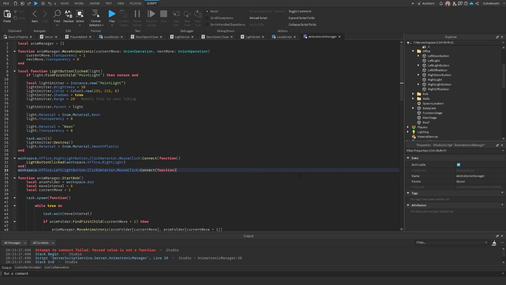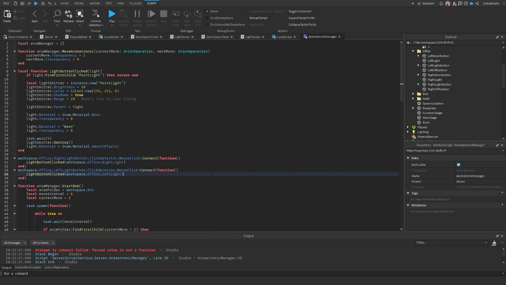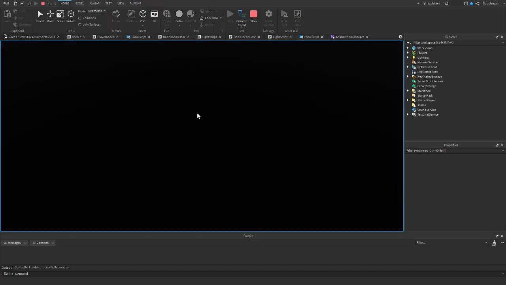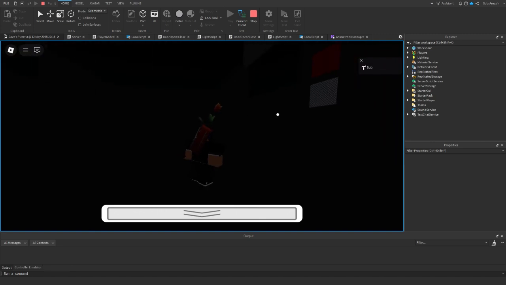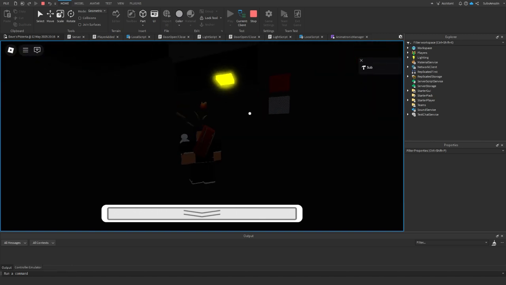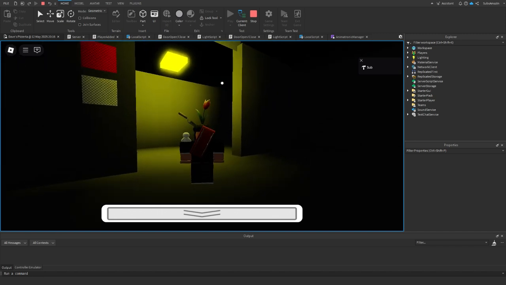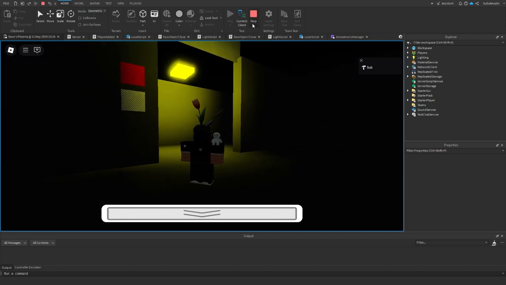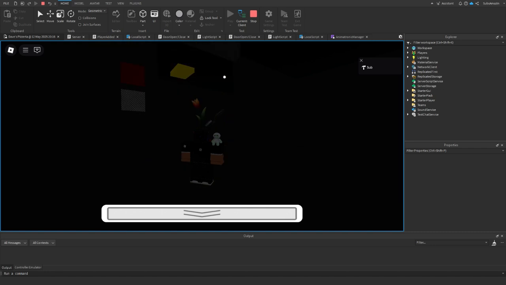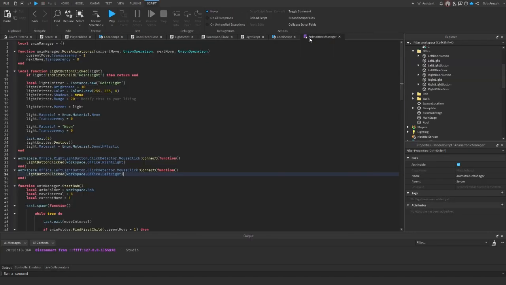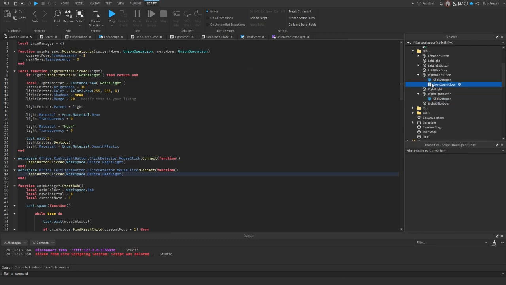Control X function. Now it should work. Yeah. Okay. And wait for it to die. Yeah. That's pretty much it. We can delete that,